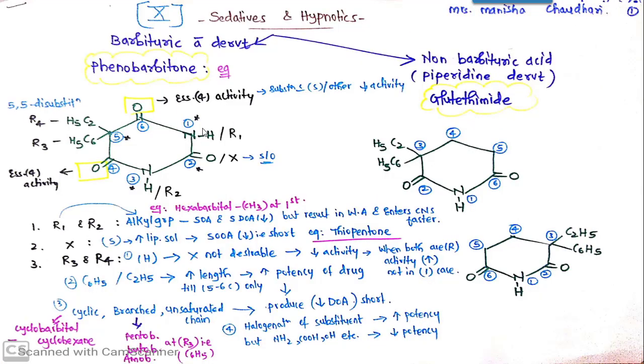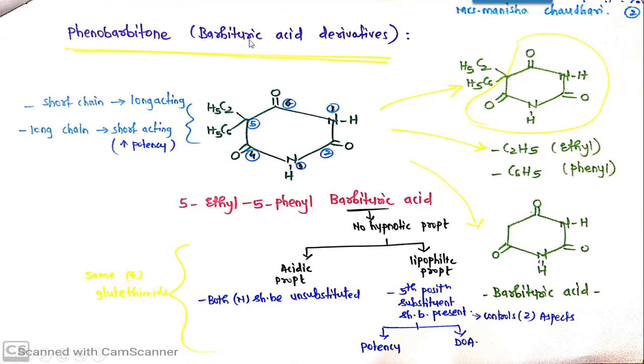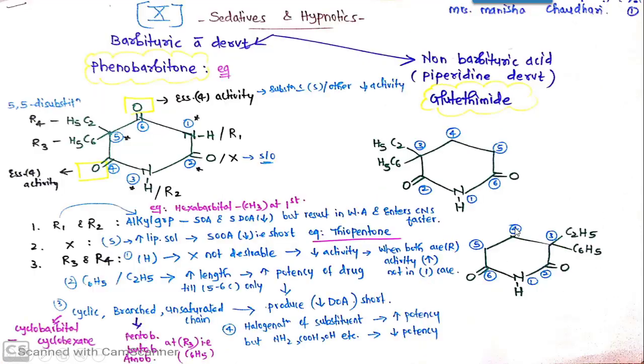Coming towards the structural features and SAR, structural features we have already discussed, like this contains the substituents at 5th position, one is ethyl and one is phenyl, and this is barbituric acid. So coming towards the SAR points, in barbituric acid, the example is phenobarbital. We have already discussed, this hydrogen can be substituted with any alkyl group. So this first nitrogen is R1, third nitrogen is R2, so R1 and R2, and at 5th position R3, R4 is there. So 2nd, 4th and 6th double bond O is already occupied.